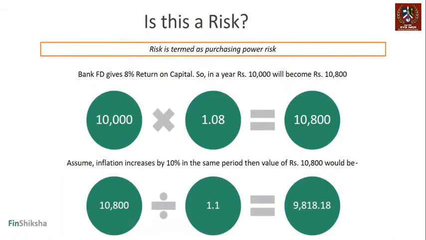Is this a risk? So this is a risk because it's a risk in terms of the purchasing power. Let's understand how it affects your investments. If your bank FD gives 8% return on capital and you have 10,000 rupees in your bank account at 8%, you will have 10,800 in your hands at the end of 1 year, right? So this is today and this is after 1 year. But if inflation is 10%, then what you could have purchased by 10,000 using 10,000